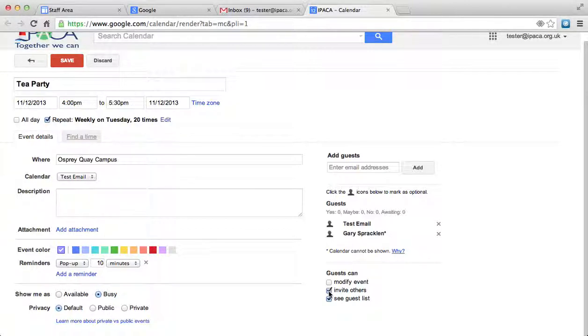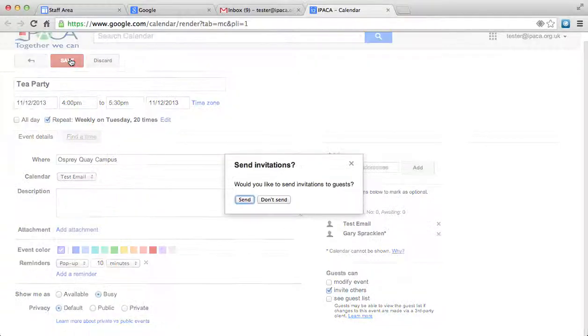Could they invite other people? And can they see the guest list of who's there? Well, I don't want anybody to see the guest list, I want it to be a surprise, but I am happy that they invite other people because we're all friendly here. So to save this event, I just press the save button, and at this point it asks me,